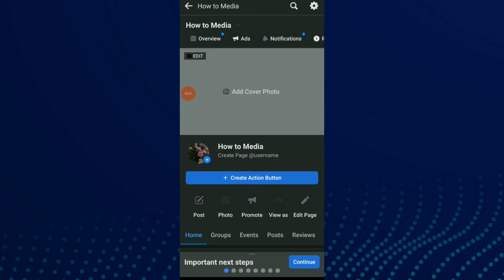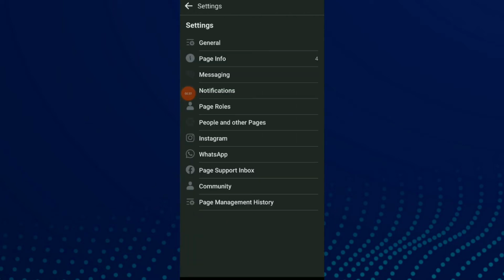Here you're going to find the settings icon beside the search icon up there. Click on it and this is your page settings. You have General, Page Info, Messaging, anything. Just click on it and you're going to find